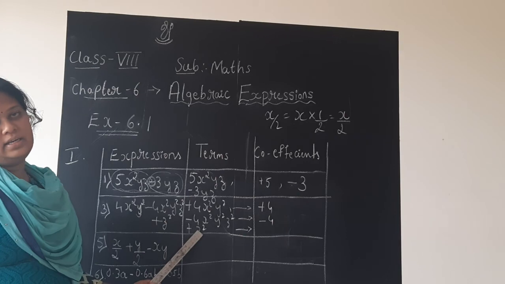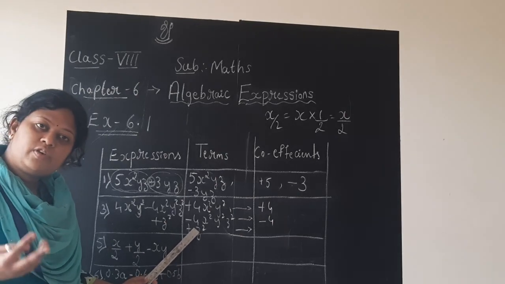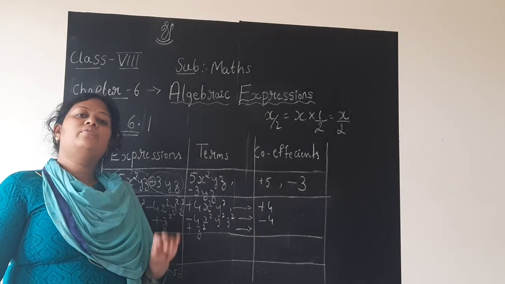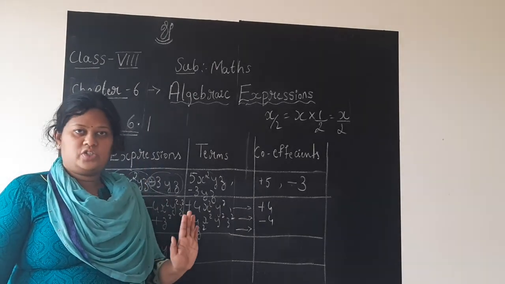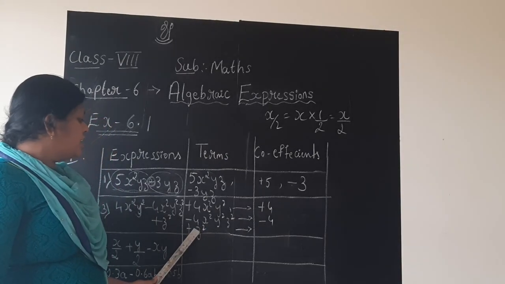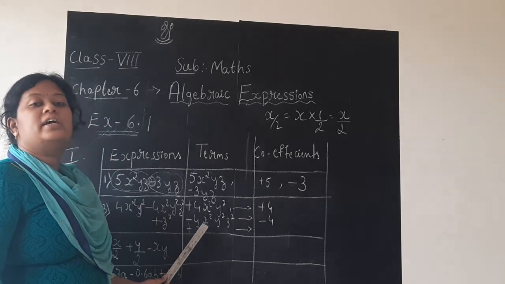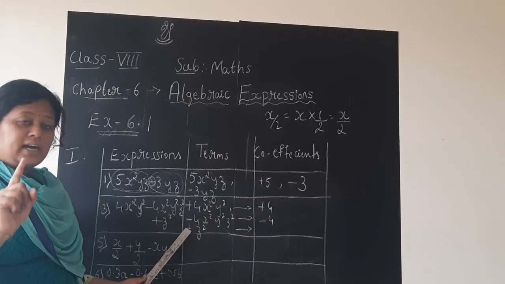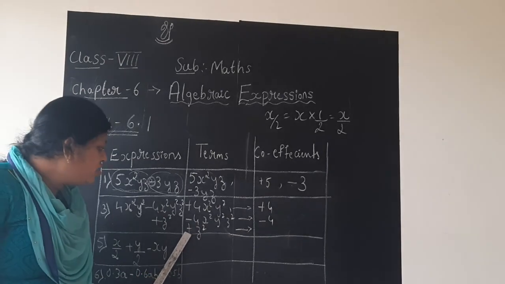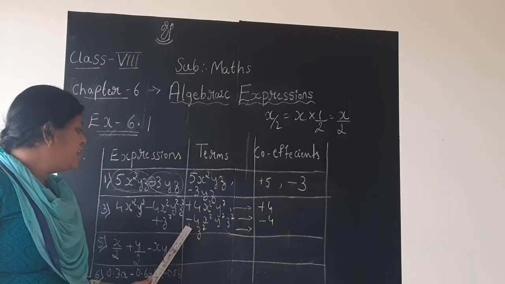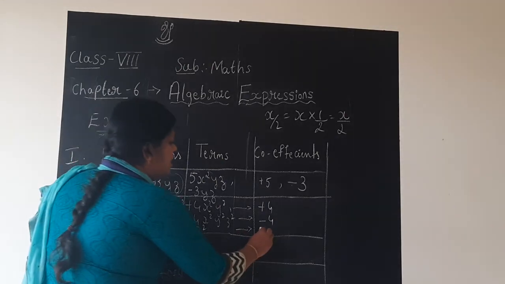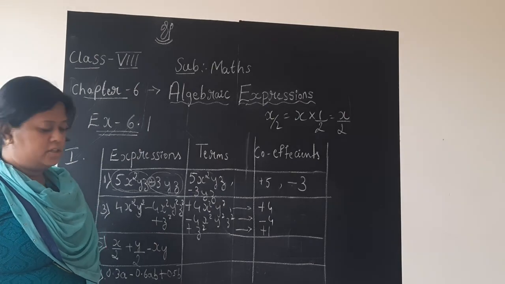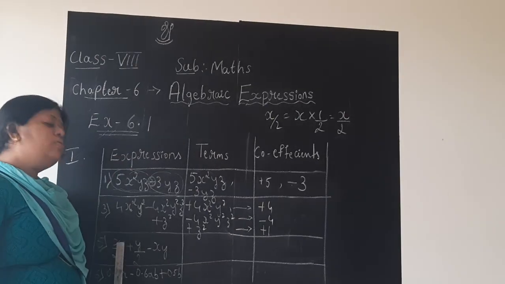Similarly, z square is there. You don't have 2z square, 4z square, 5z square like previous 2 terms. In such case, it is understood it is 1. It cannot be 0, children. If at all any expressions are written with no numbers, then its coefficient is always 1. Keep in mind. And that 1 should be written along with the sign of that term. This is very important. Here plus z square is there, means plus 1 is the coefficient of z square. Hope you understood. You will understand it better when we do next one.